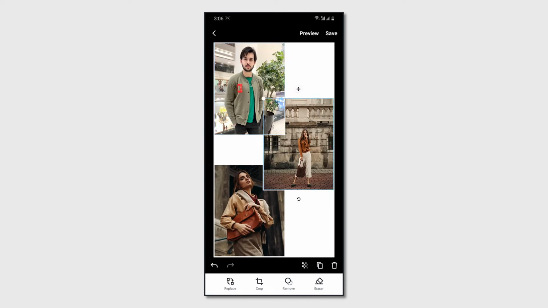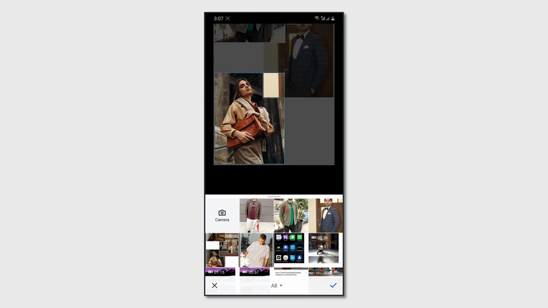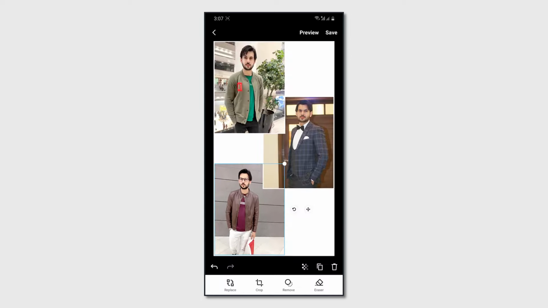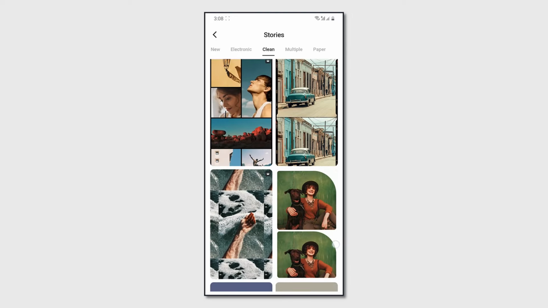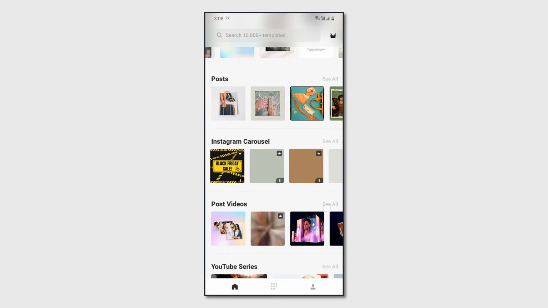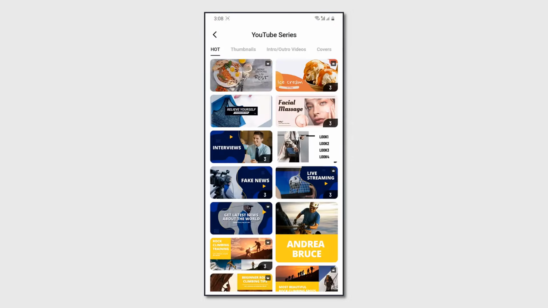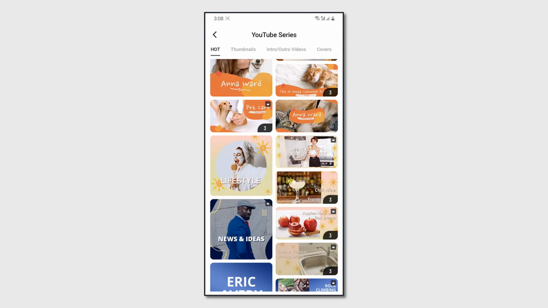You can customize it according to your wish. They also have YouTube story templates, YouTube thumbnails, intros and outros for your YouTube videos, and YouTube covers.